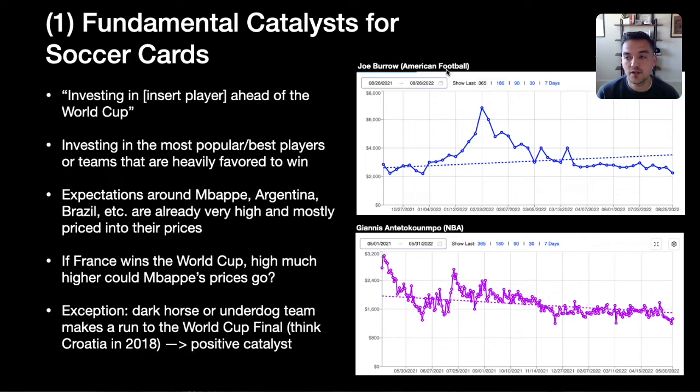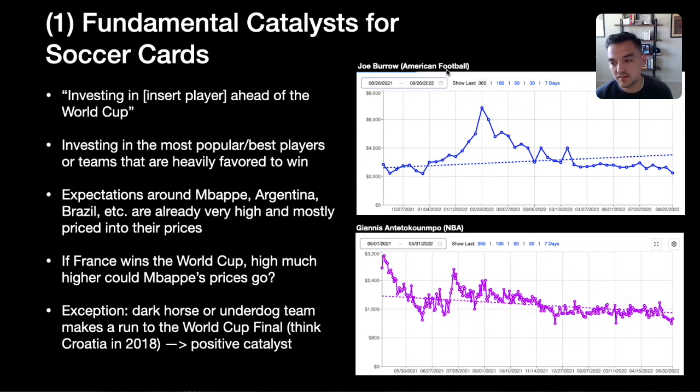So that's a good example of nobody was really expecting them to do it, and then once they did, there was a huge ramp up and a huge hype, and then people sold off, and now it's trading basically back where it started. And some of that is overall market sentiment. It's not just Joe Burrow specifically, but it just shows that a lot of this stuff takes a bit to move the needle, and even then there's a correction.